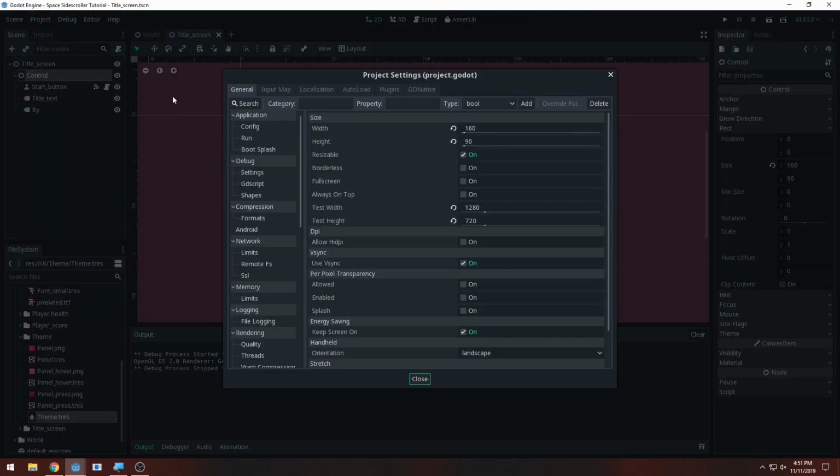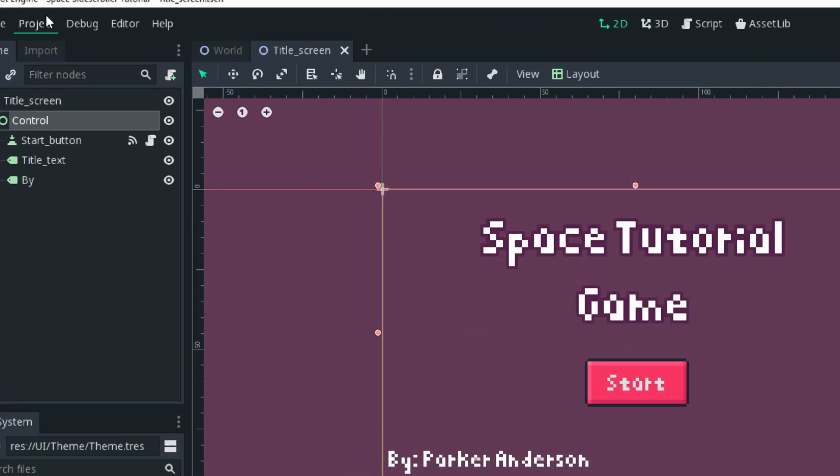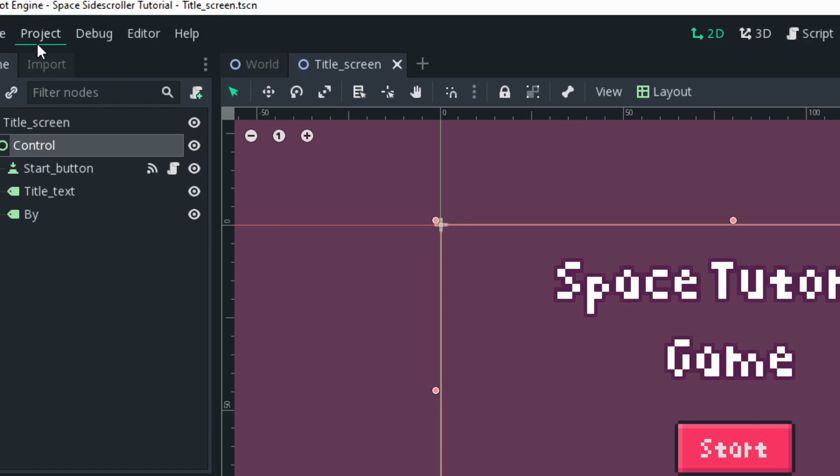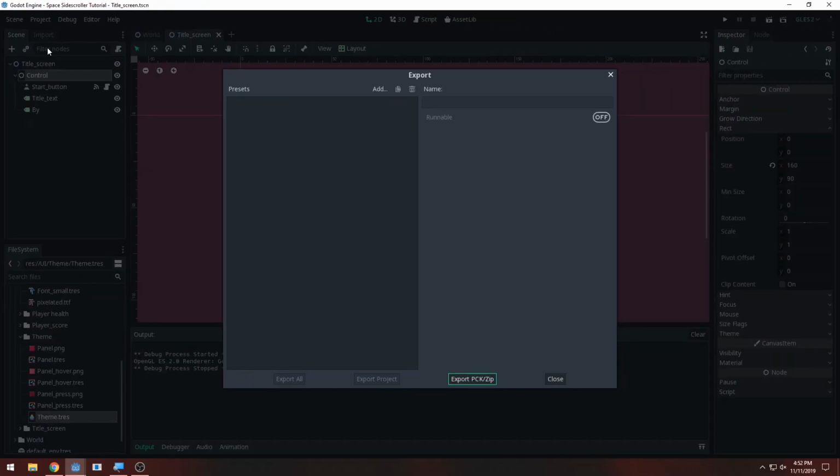Don't go to project settings, my bad. Just go to project right here. Export. So now we'll be able to get our game out to people, and they'll be able to play it, so they don't have to have the engine to run the game. So now it has a presets option. You can press add, and what might happen for you guys when you import your HTML,